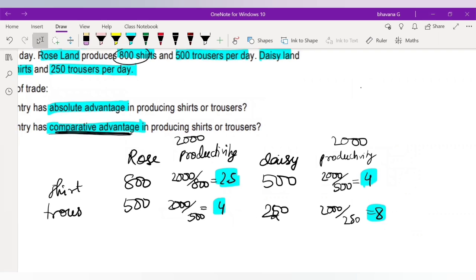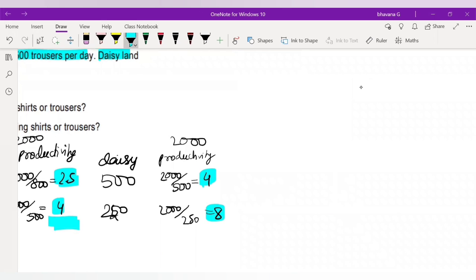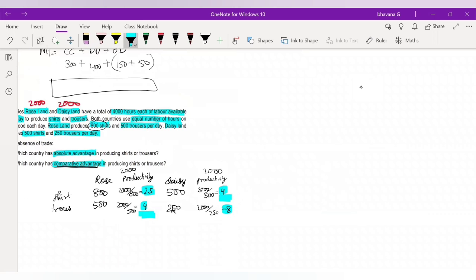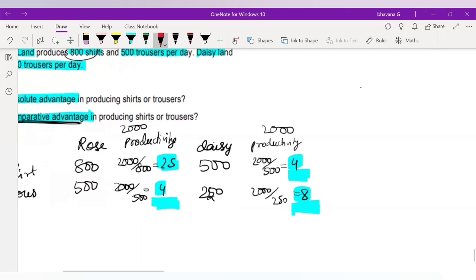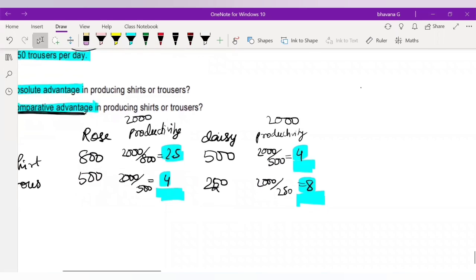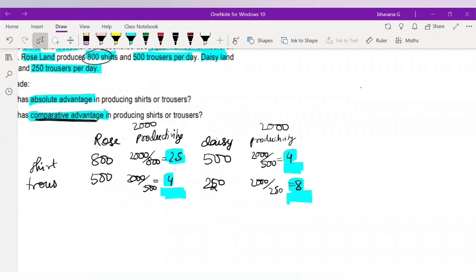Rose is being made in 2.5 hours. Each trouser of Rose is being made in 4 hours. Here each shirt of Daisy is made in 4 hours. And here each trouser of Daisy is made in 8 hours. So here what has happened is that whoever takes a lesser number of hours in producing a shirt or producing a trouser, they will only get the